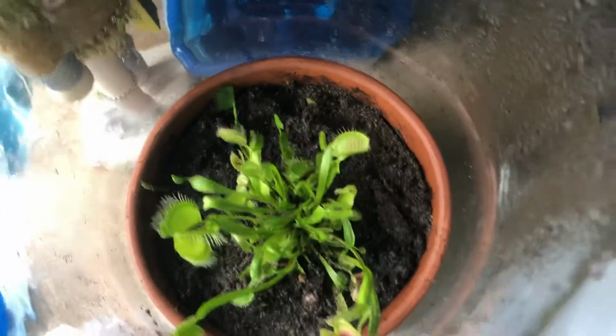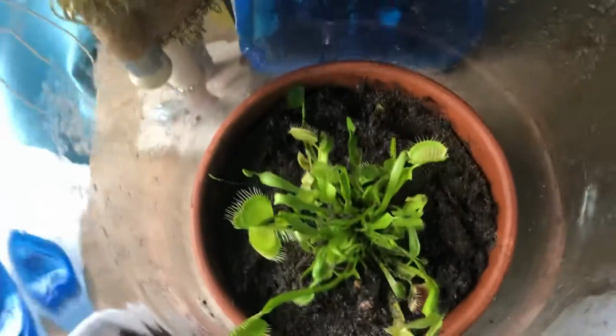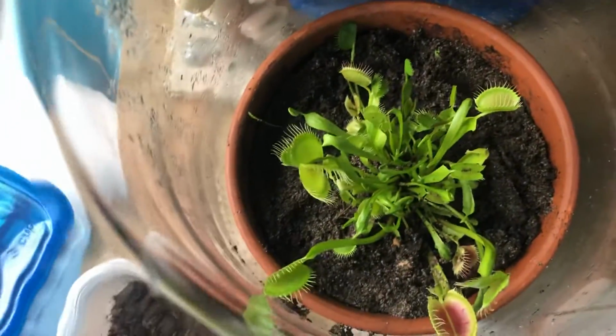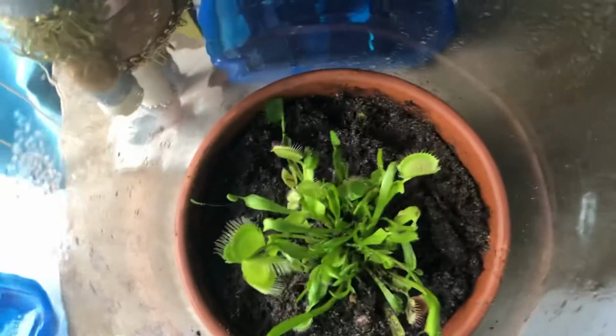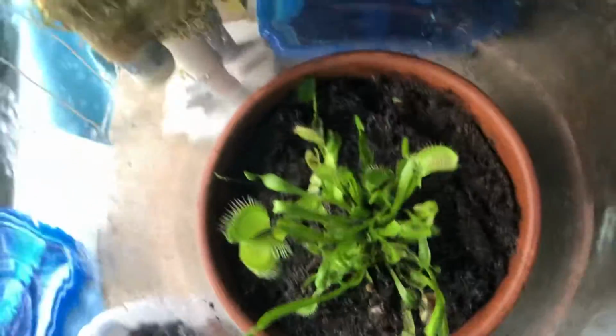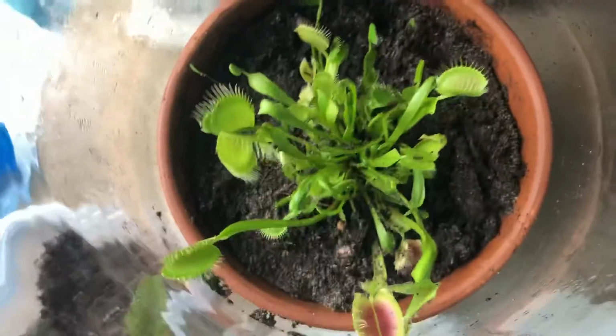Now the thing to remember when you're repotting your flytrap is the dirt. They get their nutrients from their leaves, obviously, when they eat their bugs. And you want dirt that has no added minerals whatsoever. So peat moss might work for this. What I used is basically just dirt that was broken down leaves. And I mixed in a little bit of sand,